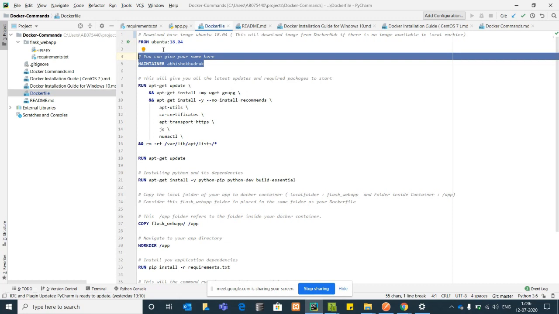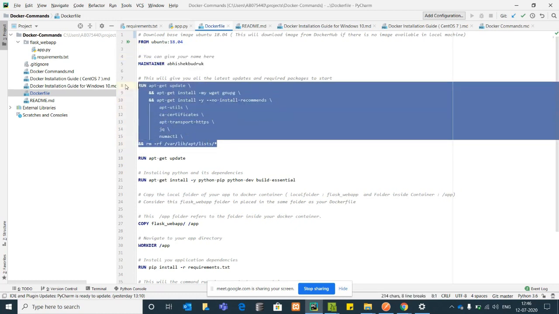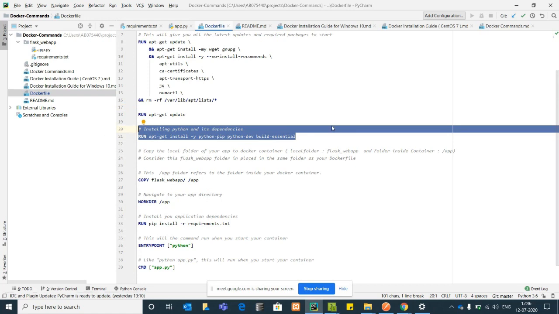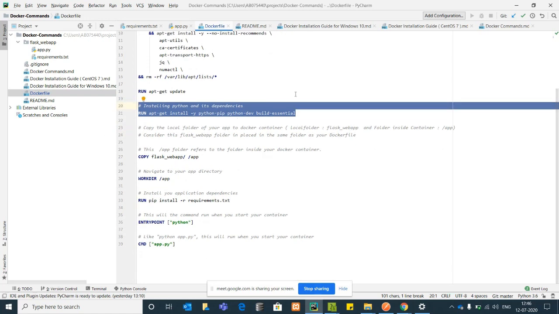And as soon as you download the image, the things you need to install in that particular operating system are mentioned over here. This then updates the system, and then installs Python. The Ubuntu 18.04 Docker base image will not have Python installed in it. Unlike some other OS that have Python installed already, you don't have it here, so you need to manually install Python in it.